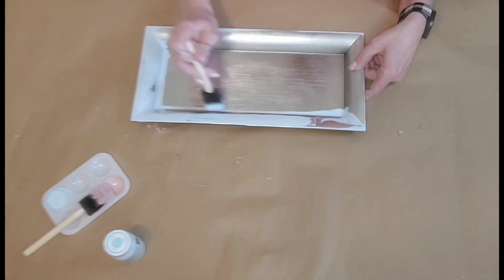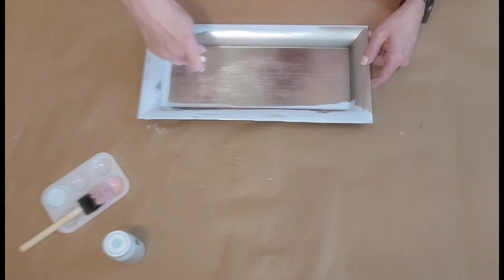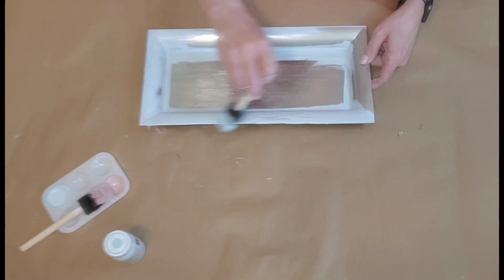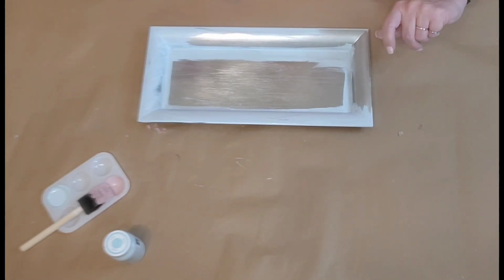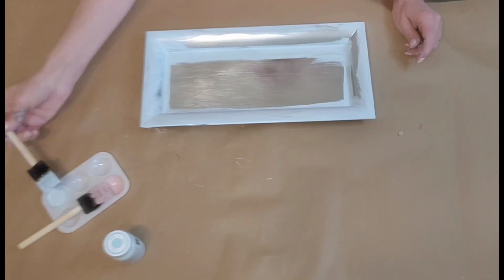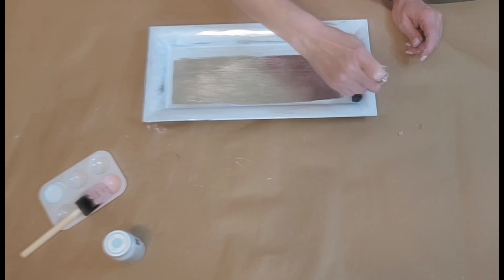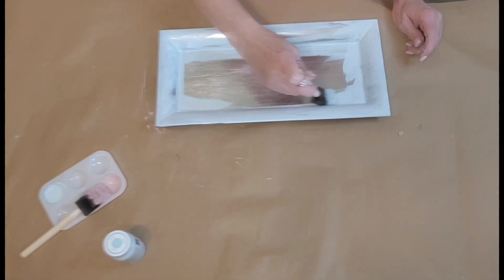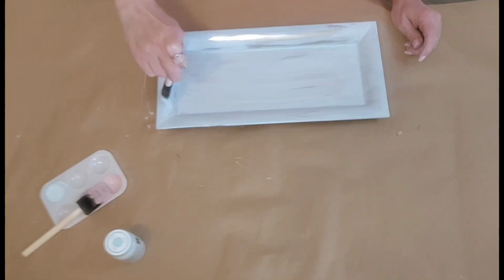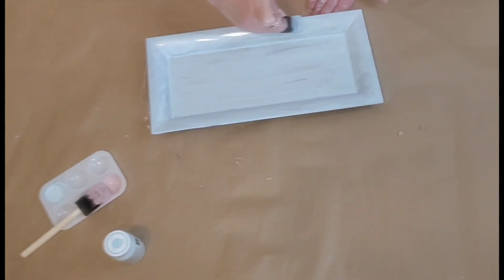I picked up this silver tray at the Dollar Tree, and it has the same kind of texture as the chargers, so it covers beautifully with the Waverly chalk paint. I put 2 coats of paint on this tray in the color pool. These colors dried so beautifully, and it did not take long for them to dry. I just put my 2 coats on and set them aside to dry